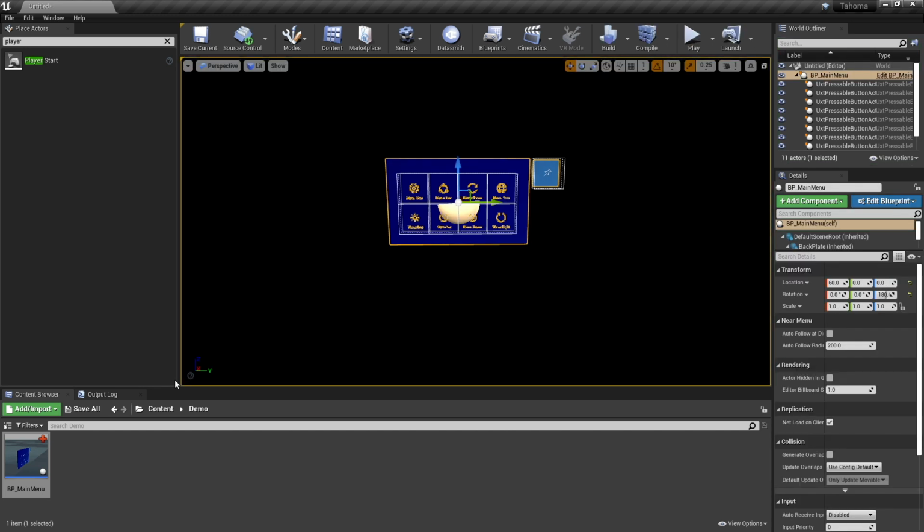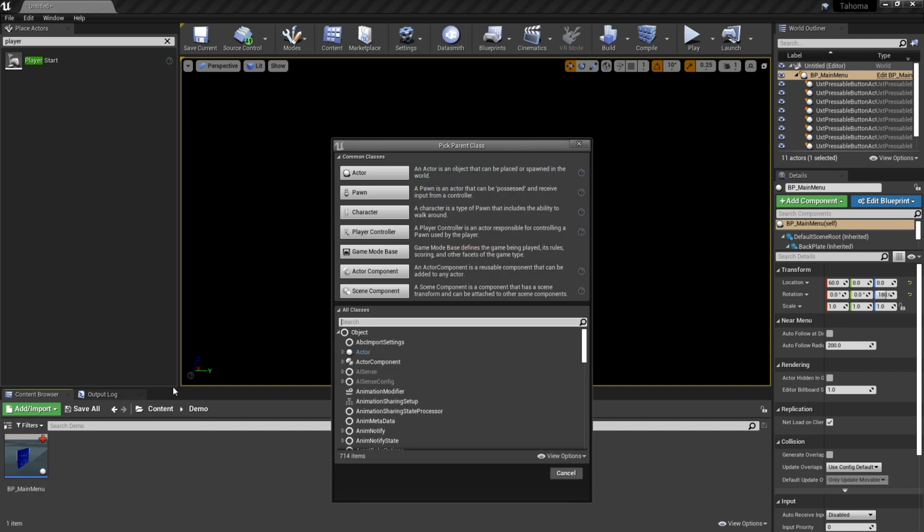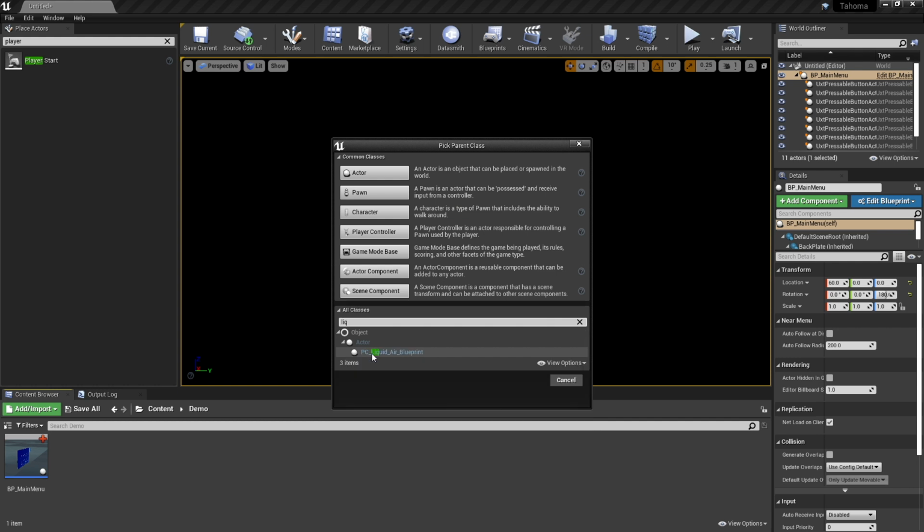Next thing I want to do is create the actual blueprint computer. And since Daryl and I are working in conjunction on this, I don't want to step on his toes if he's making any other changes. So I'm going to create a brand new blueprint and just child from the blueprint that he's already created.